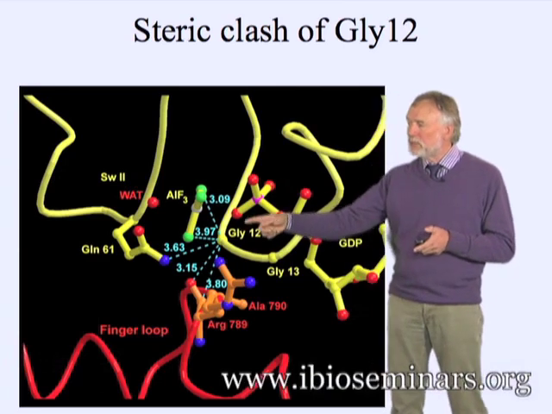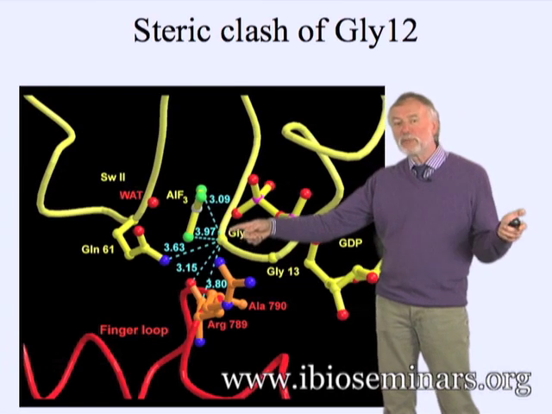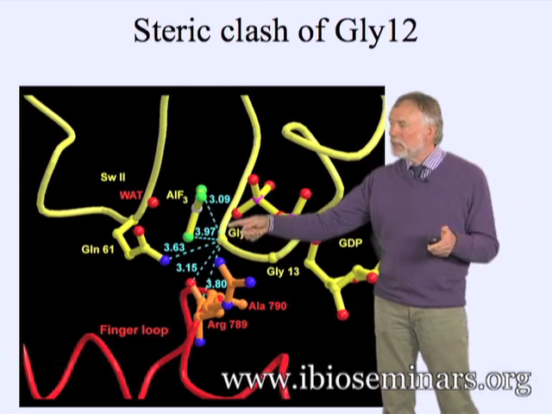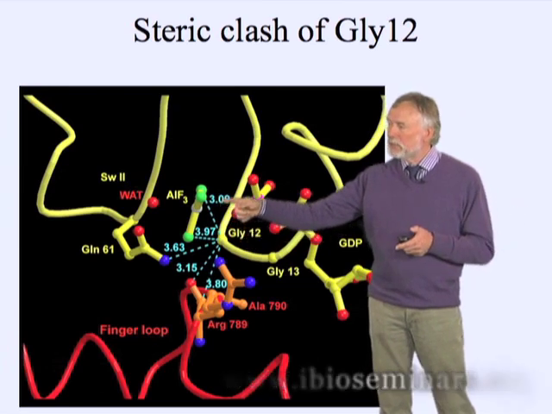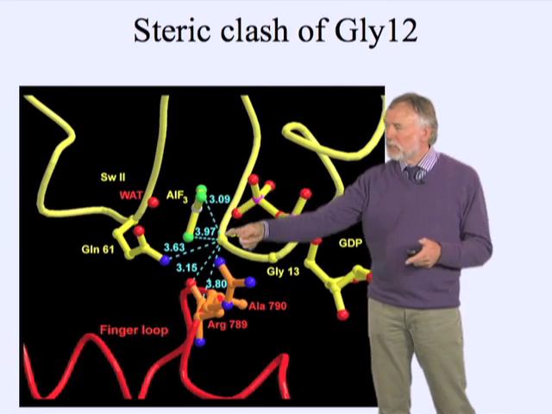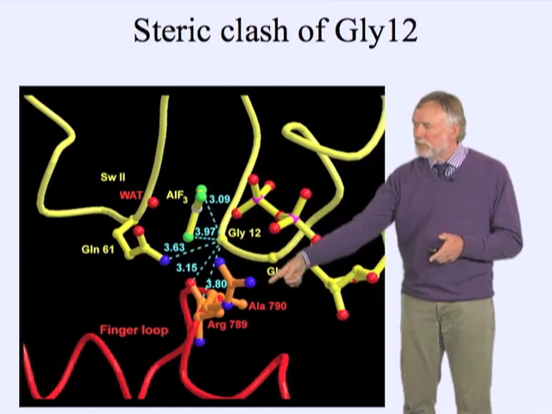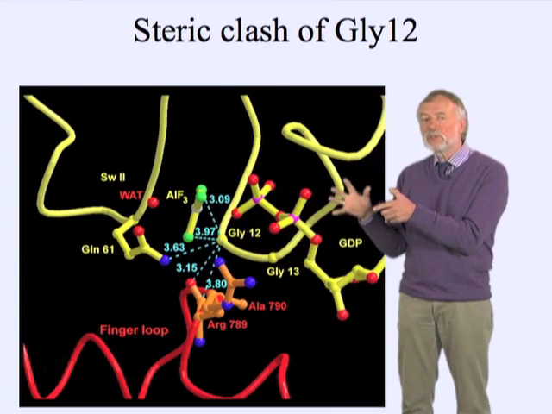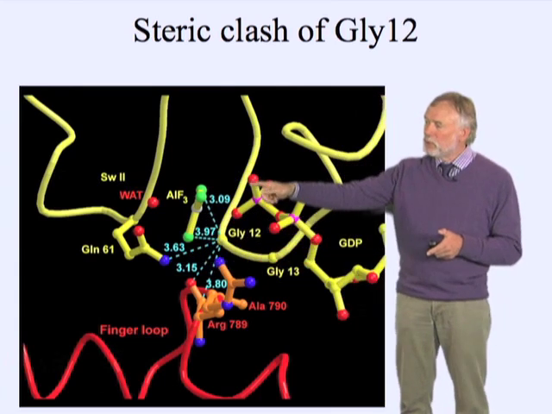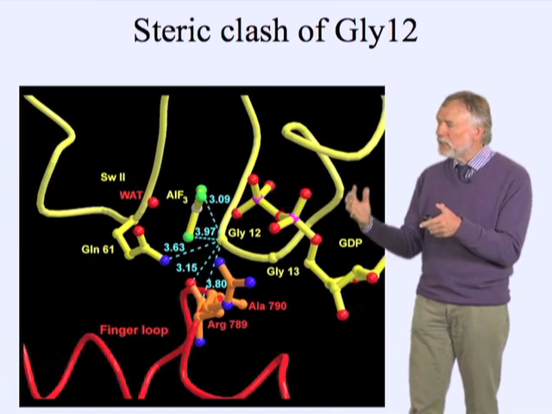You have glycine 12, which, when mutated to any residue, makes it an oncogene. And then you see aluminum fluoride being this flat triangle. You see glutamine 61 being there, and you see the arginine finger down here. And all very, very close together, indicated by these blue dashed lines, which indicate that this is almost van